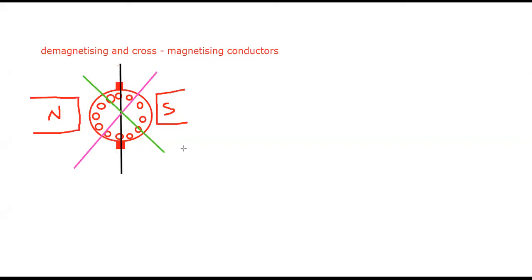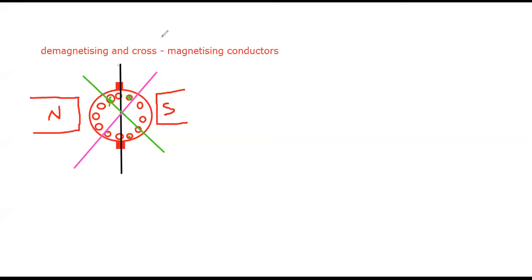The conductors which are under the influence of the GN axis have different polarities. Consider this one to be a cross. Here there is no EMF induced, and this one also is a cross, and here it is a dot, and here also it will be a dot. Due to this polarity, what happens? A magnetic field is now revolving around these conductors.